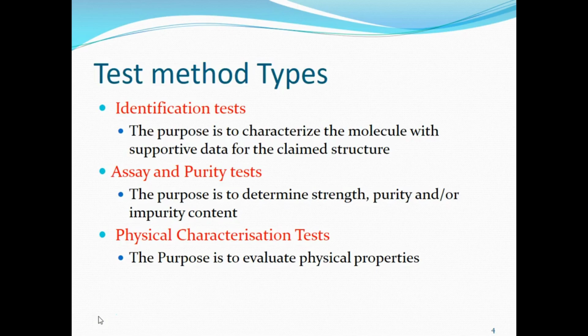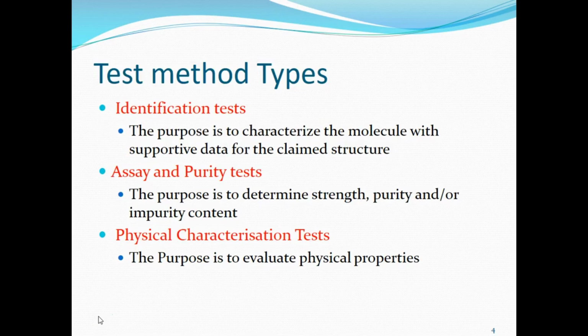So again, just to touch on these different method types, the first one we talked about was identification tests. The purpose is to characterize the molecule with supportive data for the claimed structure. So typical tests that would fall under the identification tests would be things like NMR, FTIR, UV, elemental analysis or composition, mass spec, or sorry, molecular weight, HPLC or GC, where we look for retention time markers for identification, or